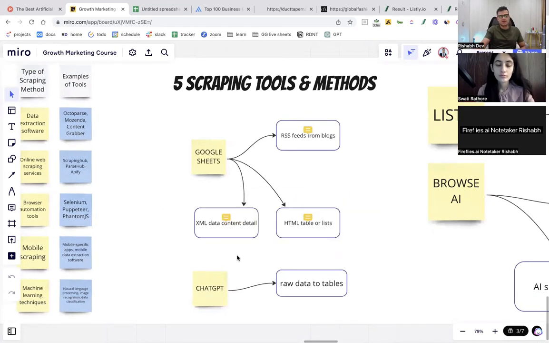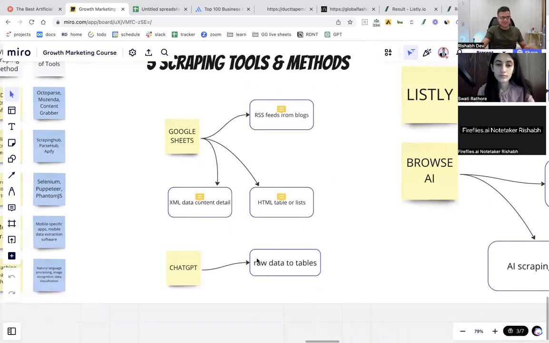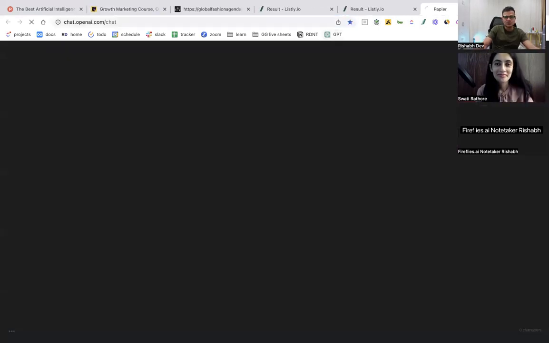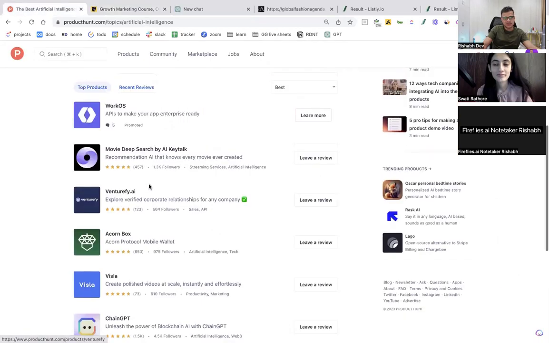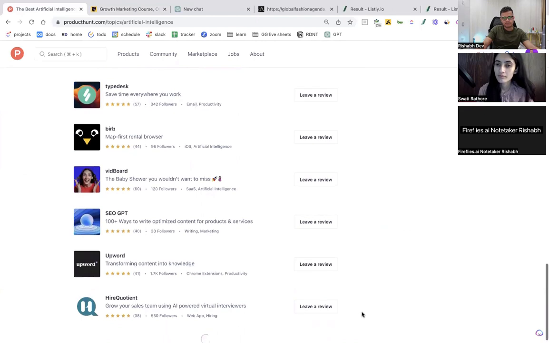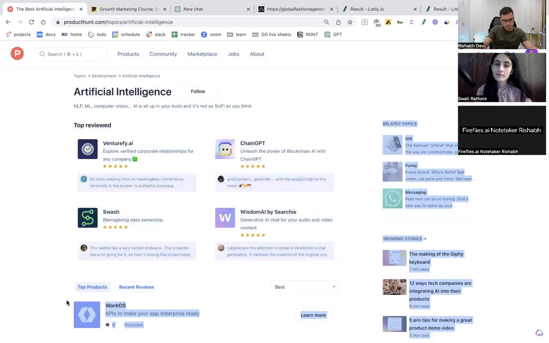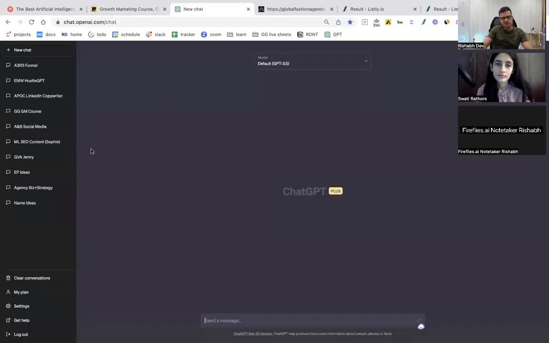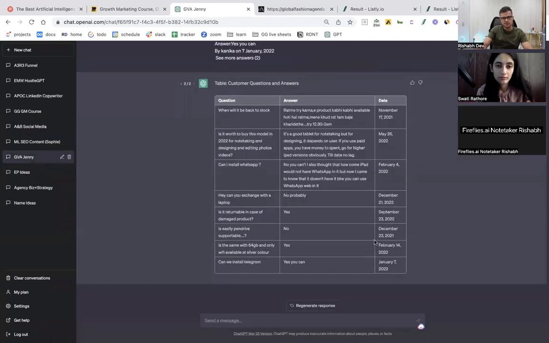Okay. Then we have our favorite, ChatGPT, right? That's the second example. So with ChatGPT, we can manually scrape this, of course, and put it in a table, but we can also just ask ChatGPT to do that. So I have a virtual assistant here, Jenny. I just keep asking Jenny to make tables, etc. This is the one I use for all of this scraping kind of work. So I'll say,